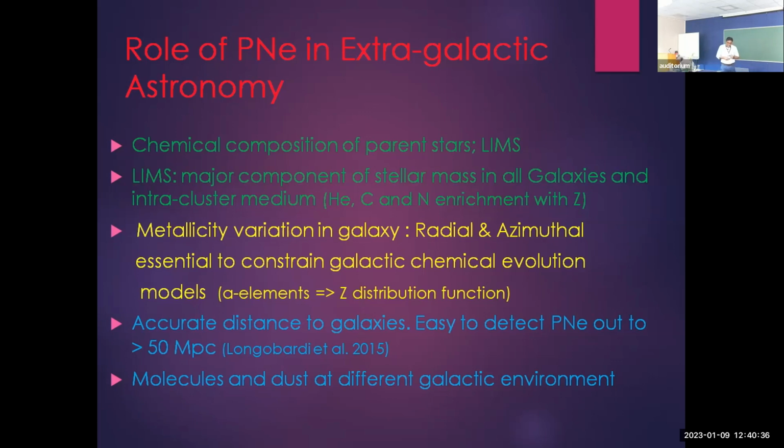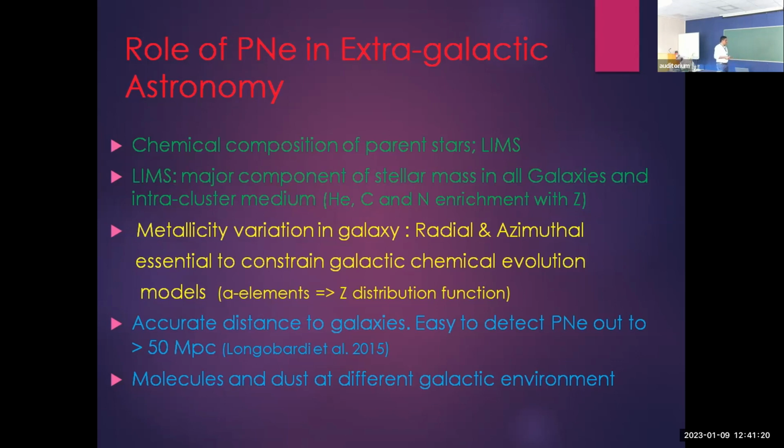elements. And the metallicity variation within the galaxy is an important tool to understand galactic formation and evolution. Since, as I said earlier, oxygen is a good tracer of metallicity of these stars, the radial and azimuthal metallicity distribution within the galaxy will be very crucial to understand galactic formation. And very importantly, the accurate distance to galaxies can be measured using the planetary emission line at 5007, more than say 50 megaparsecs. So far, 30 megaparsecs people have measured, but with facilities like ELT or TMT, we can